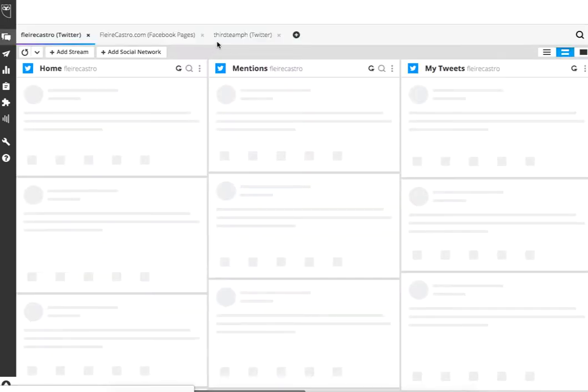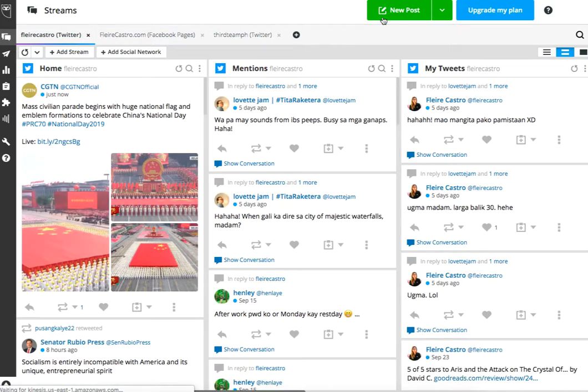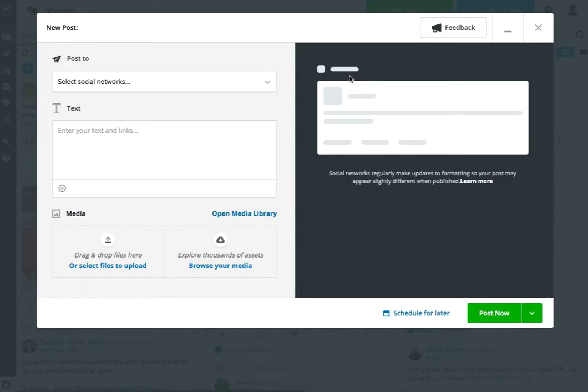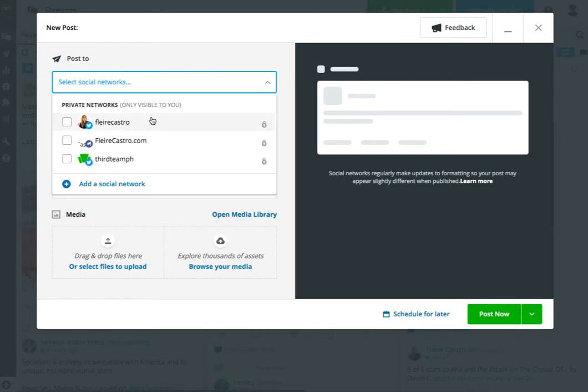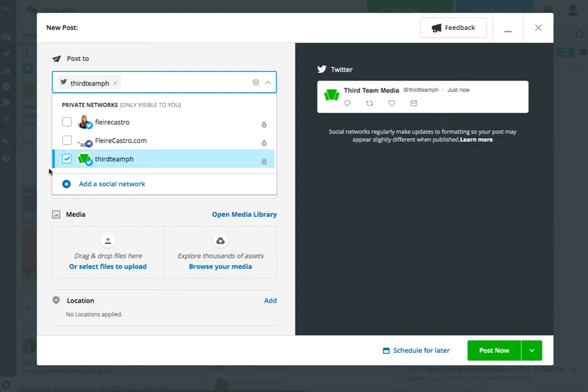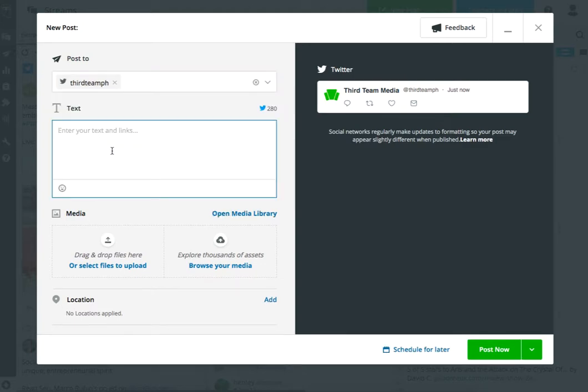So, Hootsuite is a scheduling tool. It's a dashboard that will give you options to plug in your content and upload it. For example, you click New Post, and then you select the social network that it goes out to. For example, I want to put it on our Twitter page, and then I type in